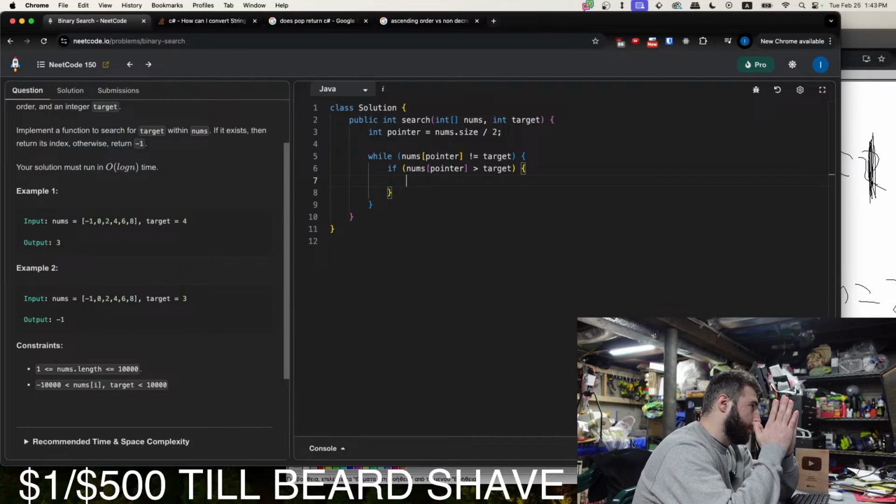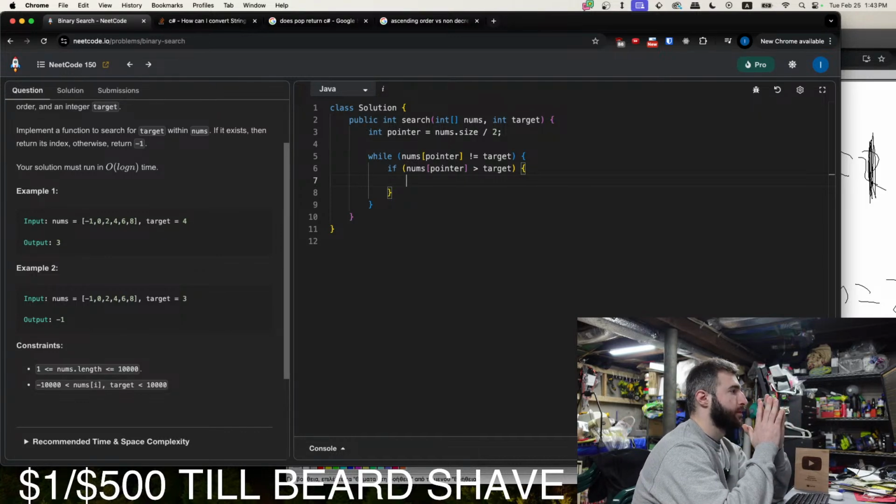So what we want to do again is probably divide the pointer in half again. Yeah, divide the pointer by half.